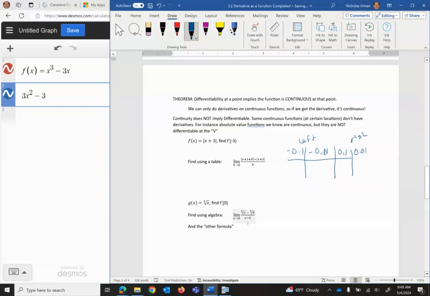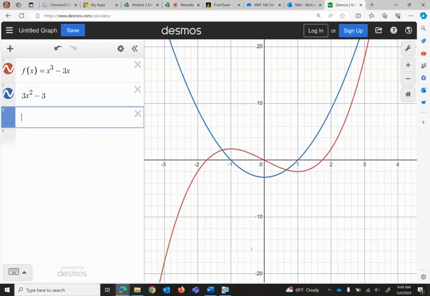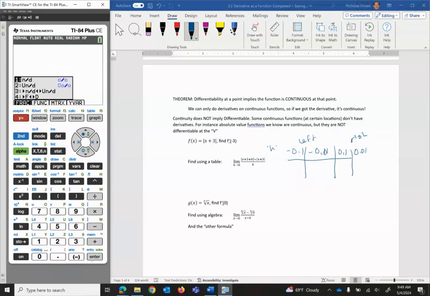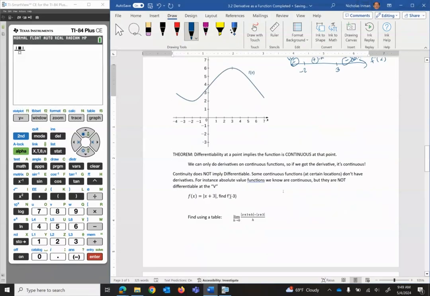All right, so if we put these in for h, we're doing our fraction, an absolute value of, we know our x is actually -3. So -3